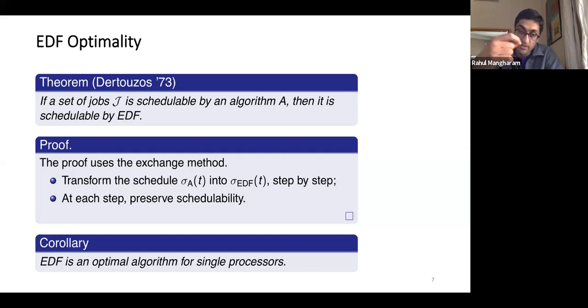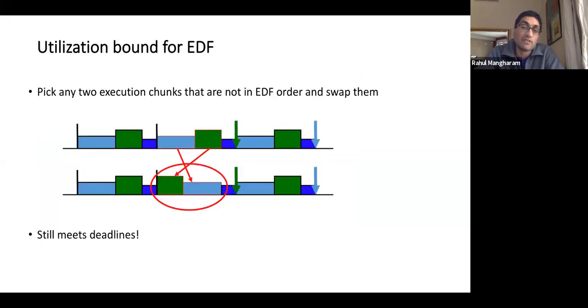And so this is a pretty strong and bold statement, saying that EDF is the optimal scheduling algorithm for single processors. It's always going to be able to schedule a task set if it is possible to schedule it, right? So how they proved that, I'll just provide the intuition, is that